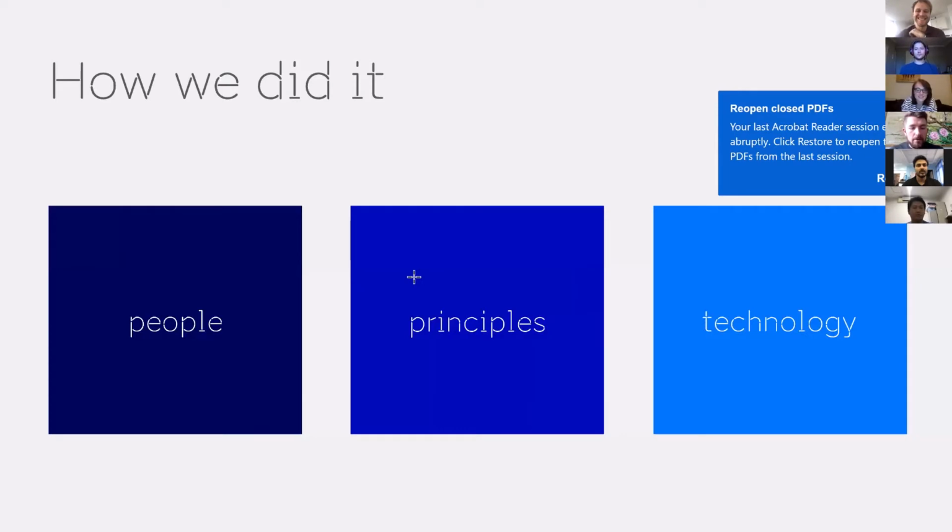So going on to the e-health system, which ties very much into the e-state, I'm going to talk a bit about how we built this, and I'm going to tie it to three aspects. One is people, then it's principles, and finally it is the technology, and the order is very much intentional.